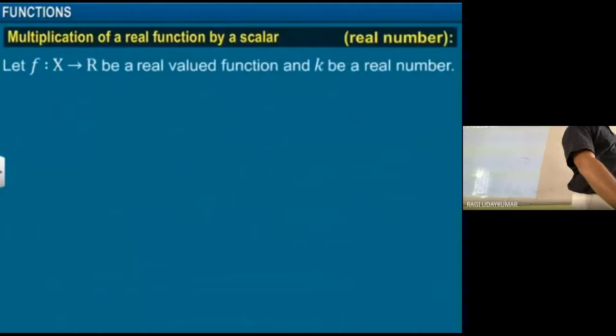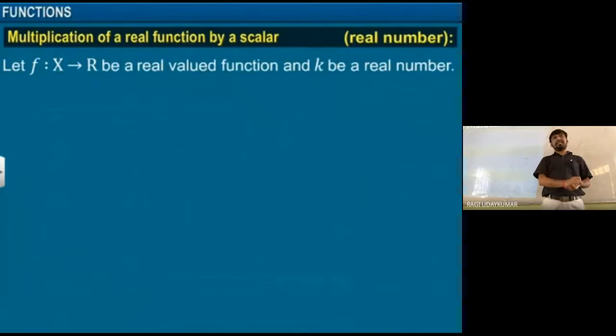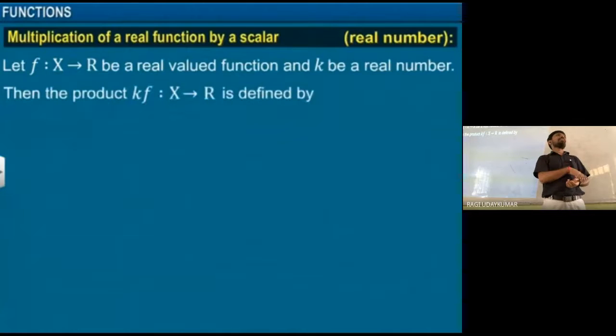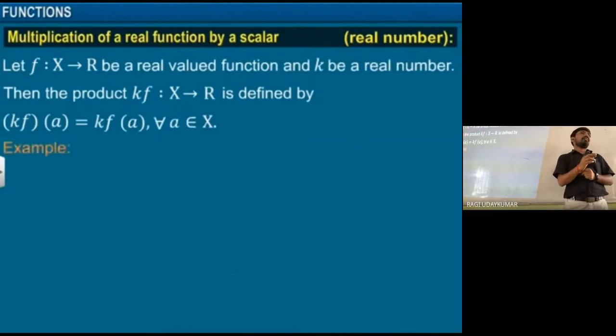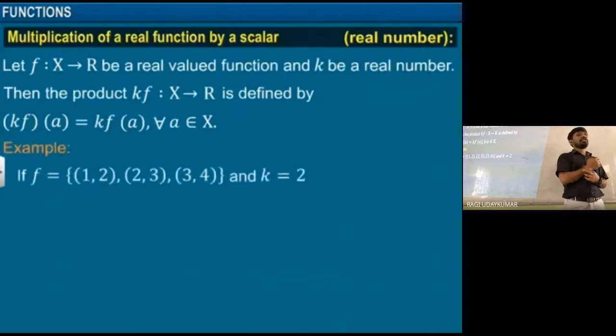So multiplication of the real function by a scalar. How do we multiply the real function by a scalar? Let us see here. Okay, scalar is nothing but, आप physics में already सीख लिया है, ये quantity. Actually here function is just like a vector you can consider. Scalar is nothing but here a constant, the constant k. K multiply करना है तो kf of a is equal to k into f of a. That is very simple here. F is a function, k equal to 2.